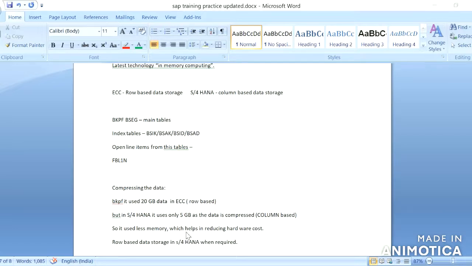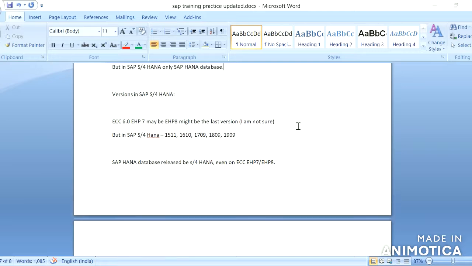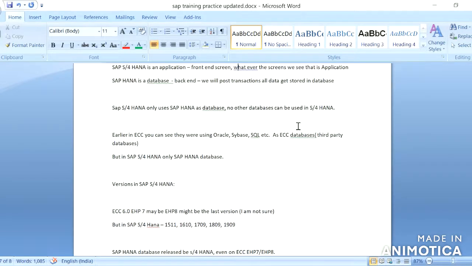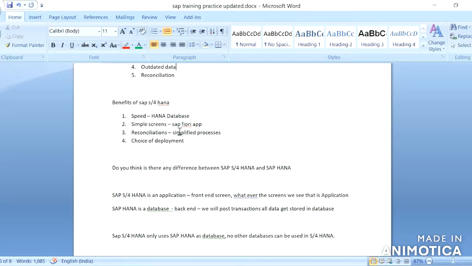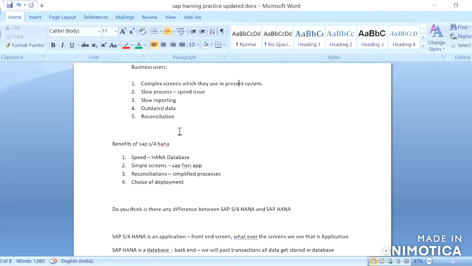So let us understand the challenges in SAP before. There was an issue mainly with speed. They built simple screens with Fiori, and reconciliations were handled through simplified processes.